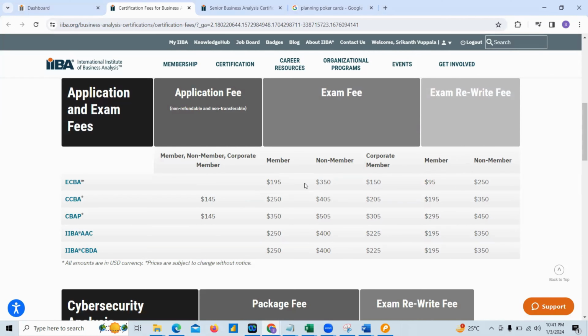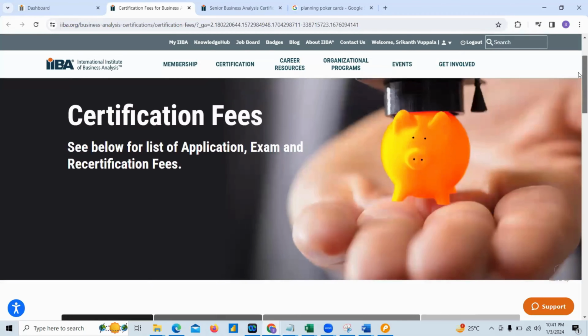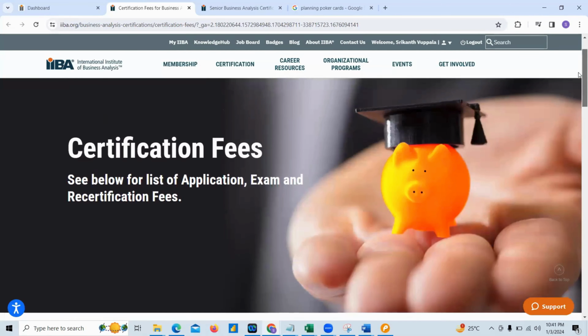So in India, most of the companies do not ask for certification. If you have the skill set, then that is fine. If you want to add weightage, then you can go for certifications. But at this point of time, I do not suggest any certification. This training program is enough to gain you at least 3 to 4 years of experience. The same knowledge you will gain out of this training program.